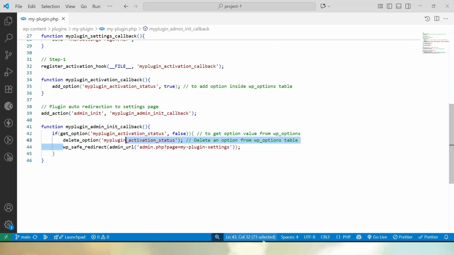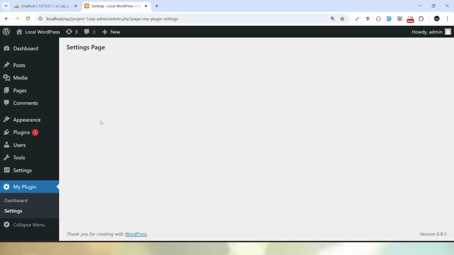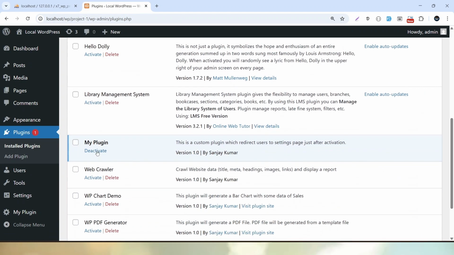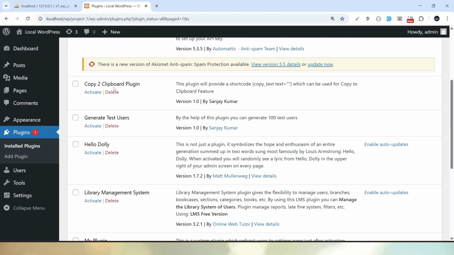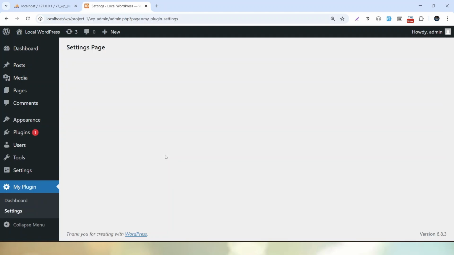So let's do an experiment. If I go here, let's reload. Now if I go to plugins, installed plugins, and click on deactivate, then on plugin activation we should successfully go to the settings page. This is our expectation. Click on activate,